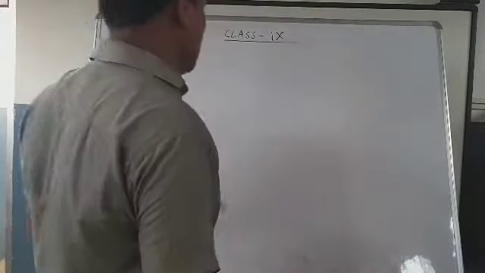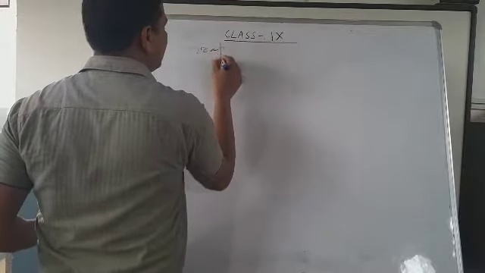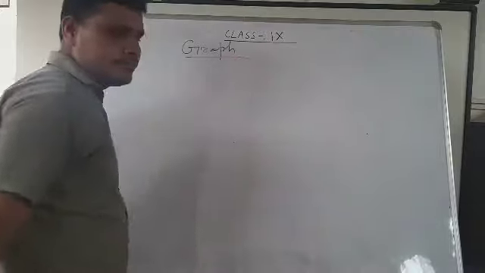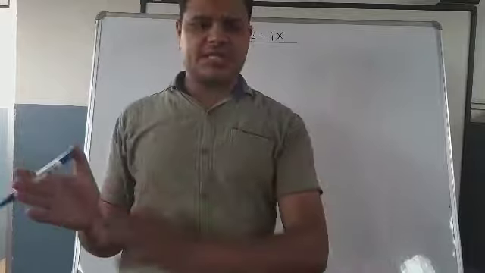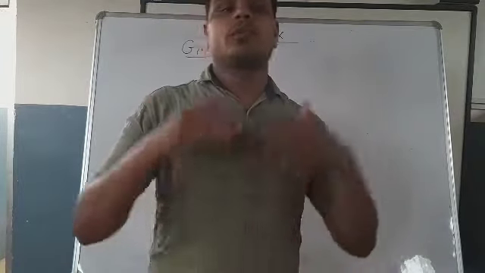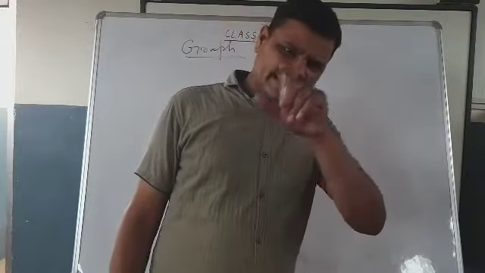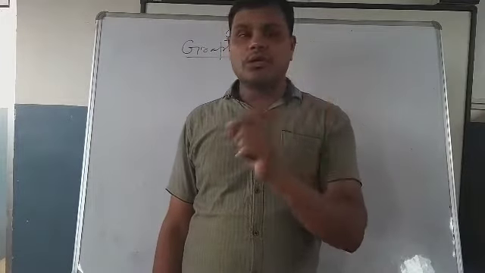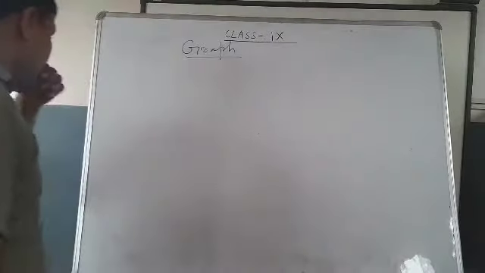Today, we will do graphs in class 9. In class 9, today we have to learn about graphs. What do you mean by graph? In physics, a graph is used to represent motion, velocity, displacement, and the different quantities that we are learning, in the form of a graph. How many types of graph are there?